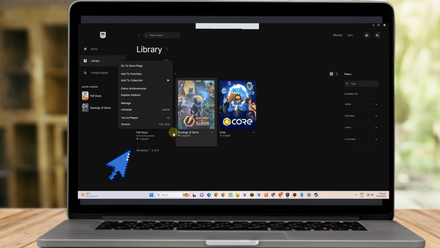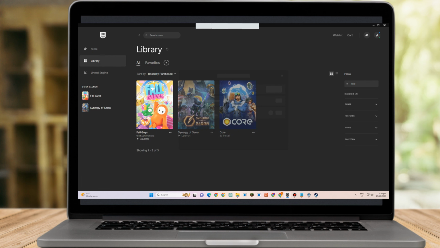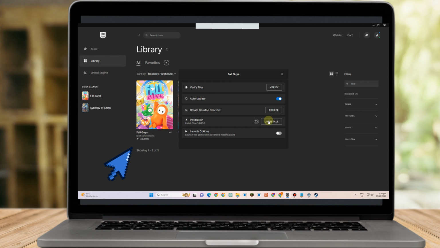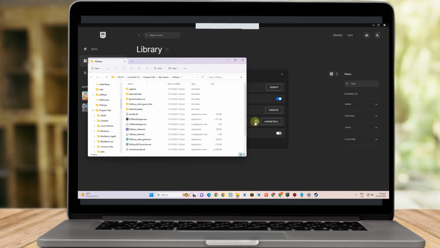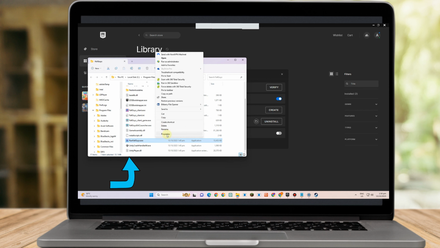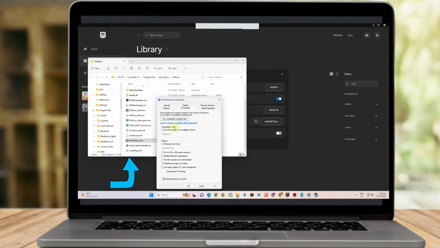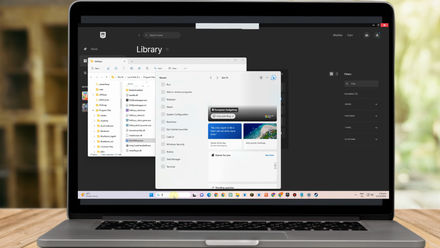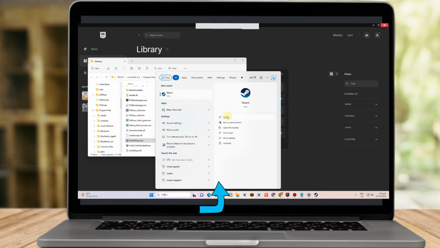Go to Epic Launcher, go to Fall Guys, right click on these three dots, and then simply go to the folder. Look for Run Fall Guys, right click, go to Properties, and then go to Compatibility and make sure that you run this program with the same Windows, and then click Run as administrator, click Apply, and then OK. For Steam, what you're going to do is look for Steam, open